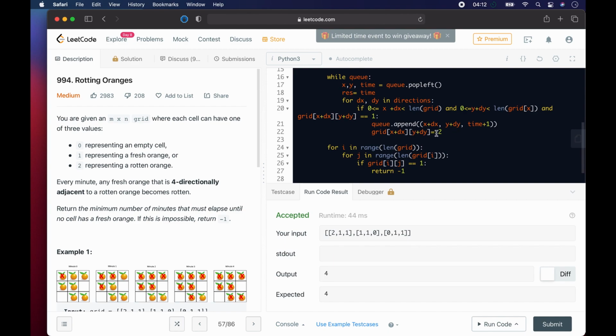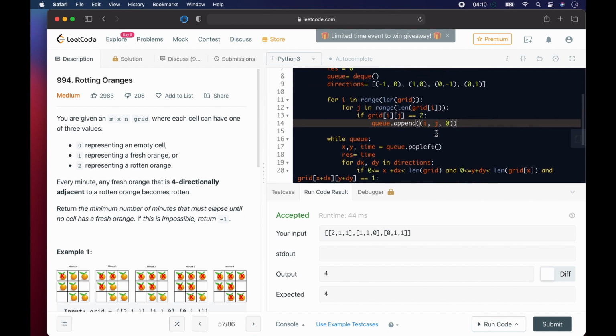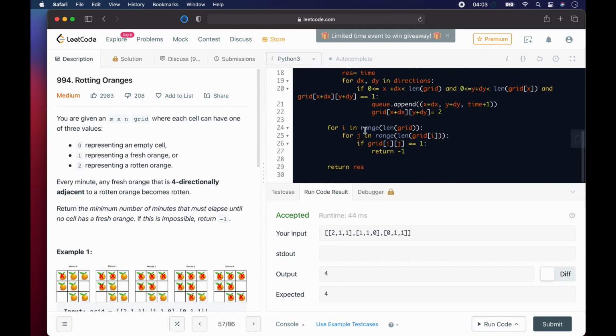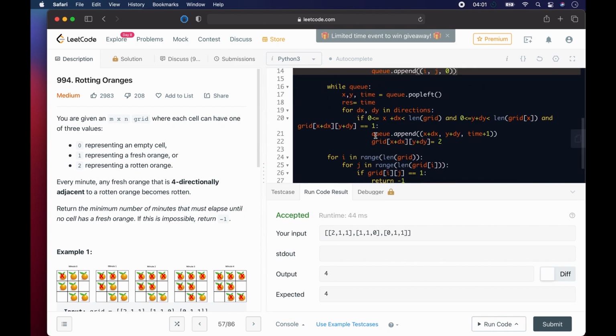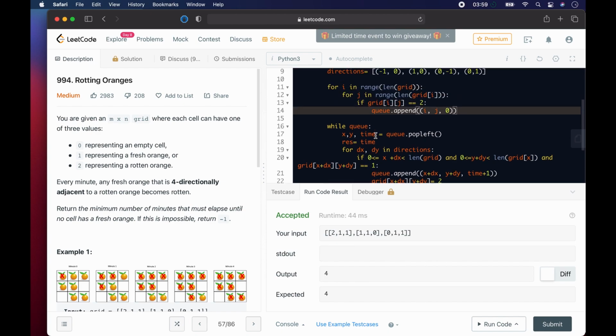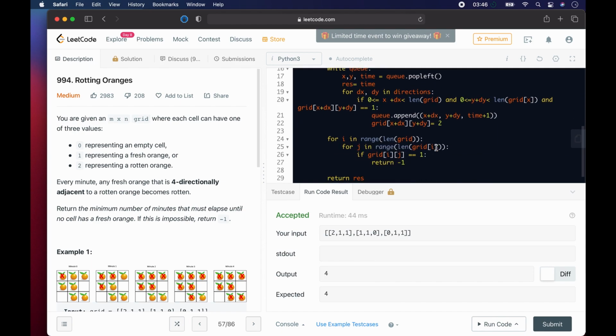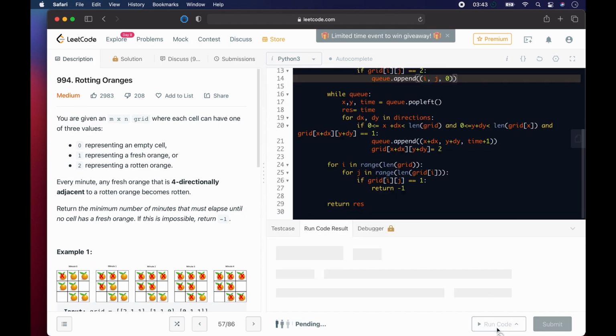And another thing we need to do, I forgot to write in the for loops, and I copied the for loop, so you should say for in range. We do that here and we do that here. And the next thing I forgot to do is, here we have to get the direction, the dx and the dy from the directions. So we should write this for dx, dy in directions. And then afterward we run our code,